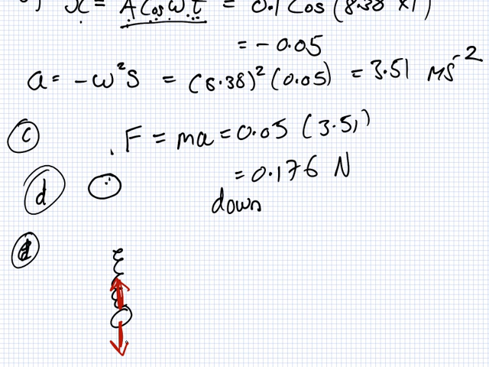Okay, so final answer, is it acting up or going down? Down. Oh. The spring force is going up. No, I want to know which force is bigger, the up or the down. The down is bigger. Because it's going down. No, the up is bigger because it's going down. As it's going down, it needs to be decelerating. So the force must be acting upwards, like a brake. Yeah, but it's still going down, it's not going up. True. So the force that's pushing down is more than the force that's pushing